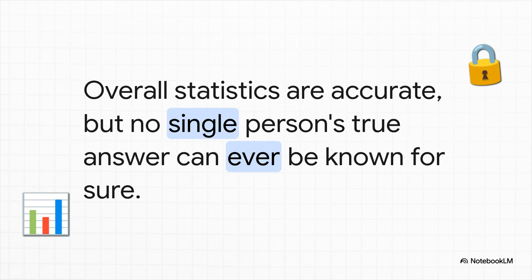The census taker still gets incredibly useful statistics for the whole town. They know the probability of the coin flips, so they can mathematically subtract that noise to get a really accurate overall picture. And yet, for any one person, your answer is completely protected by plausible deniability. No one can ever know for sure if you answered truthfully or if you were just following the coin. That is the genius of adding controlled mathematical noise.